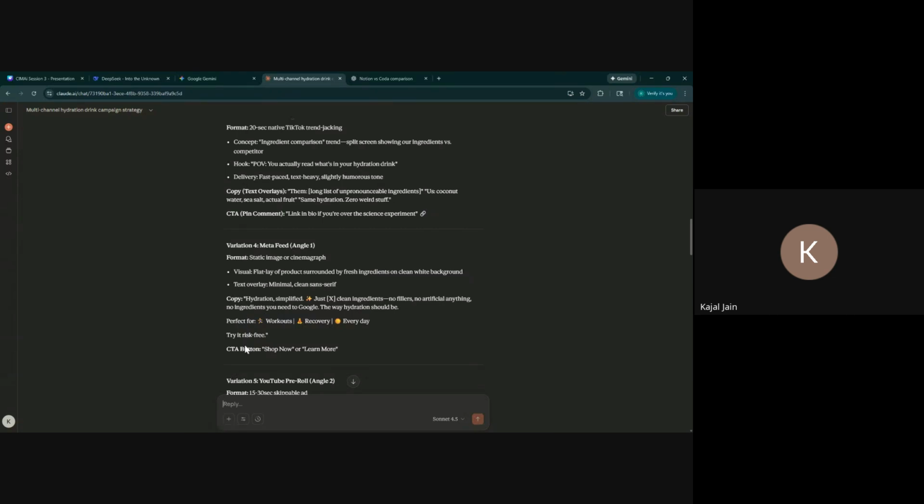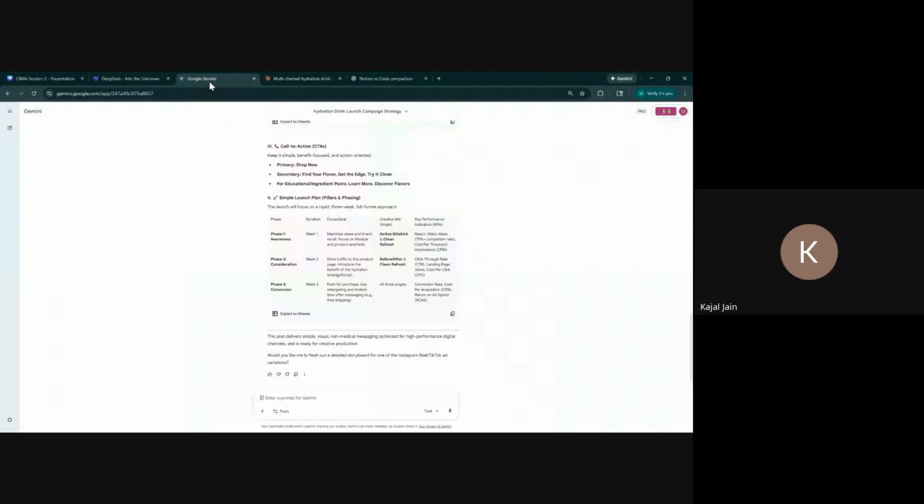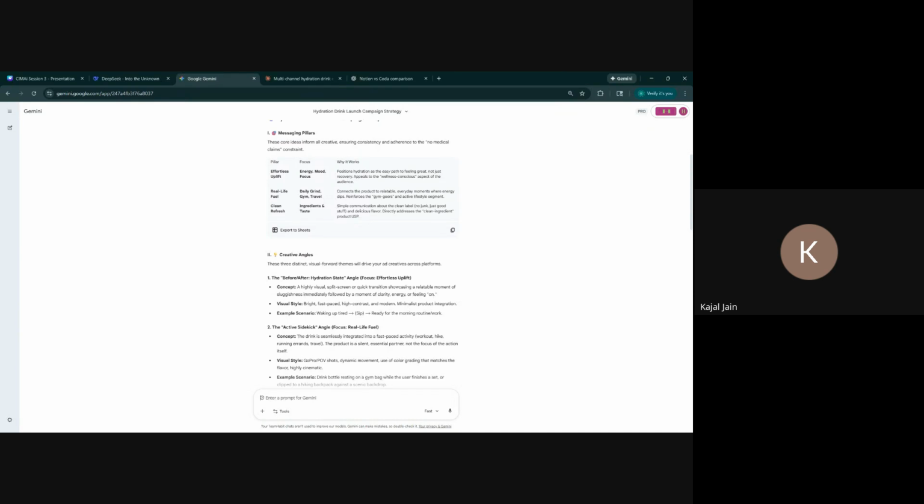I see that it's throwing in some emojis. It's a little bit more cautious, right? Try it risk-free. Shop now, learn more. And then Gemini, I would say, has a better structure. It's easier to read.